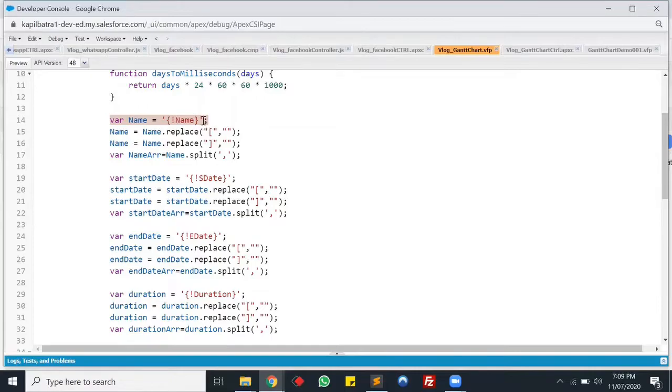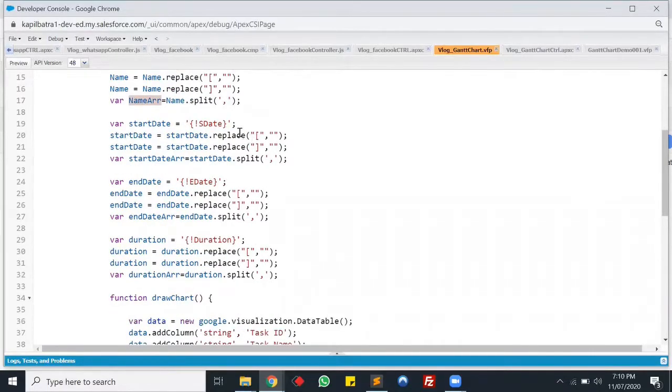So guys, in my name list, which is coming from the Apex, I'm getting the list of records. So we have to separate the list of records and we have to create a JavaScript array from that. So here I'm replacing the brackets, the start and end bracket here, and then I'm creating an array from that list based on the comma.